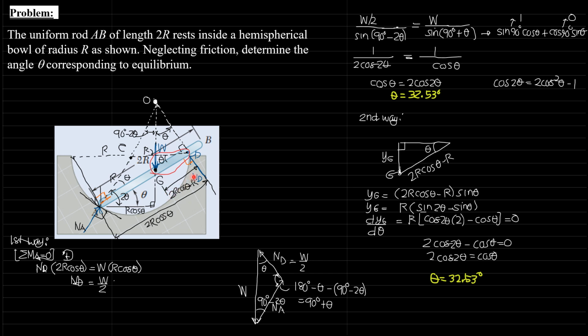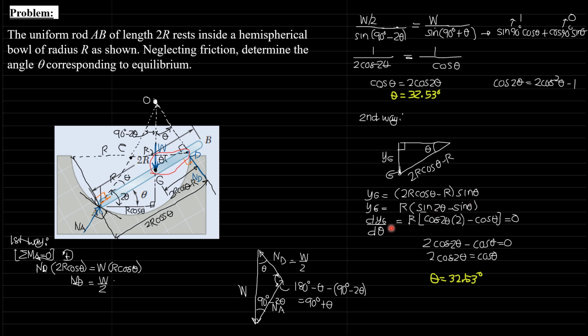Then I'll enlarge this part here. Take note that this is 2r cosine theta minus r, and the angle here is theta, which is now this, and I call this y sub g. So the idea is, using calculus, I'm going to maximize y sub g. From trigonometry, y sub g is the hypotenuse, which is the quantity 2r cosine theta minus r, times sine of theta. So factor out r, then distribute sine theta. The first term inside the parentheses would be 2 sine theta cosine theta, which is sine 2 theta by trigonometric identity, then minus sine theta.